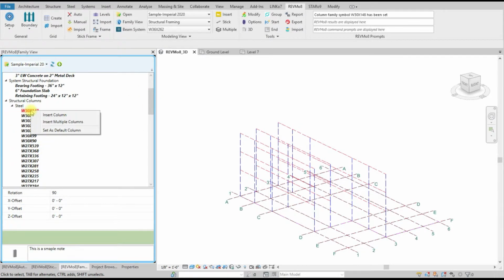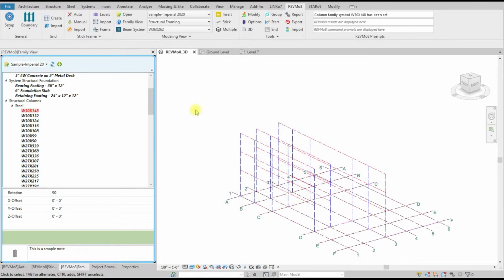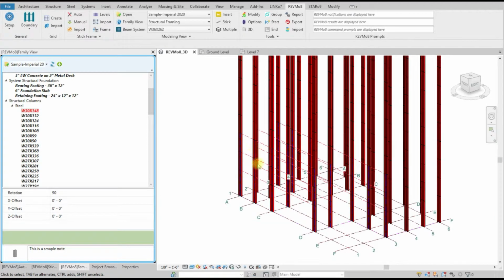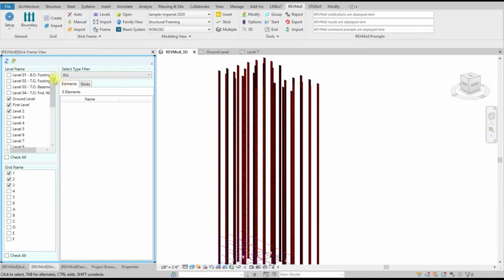Let's do all the columns, multiple, so it will generate all the columns. It's calculating all the columns. We have 21 floors. If you go back and do a refresh,